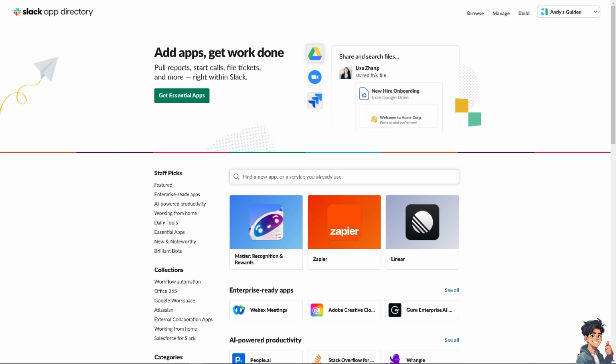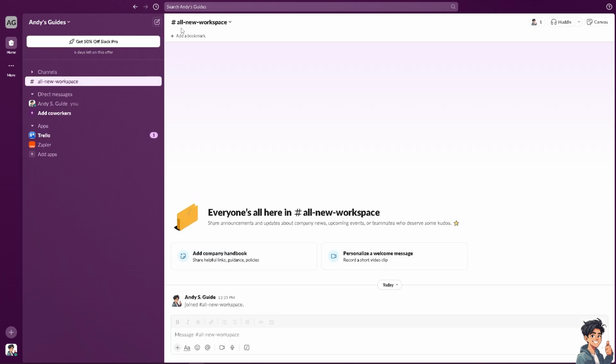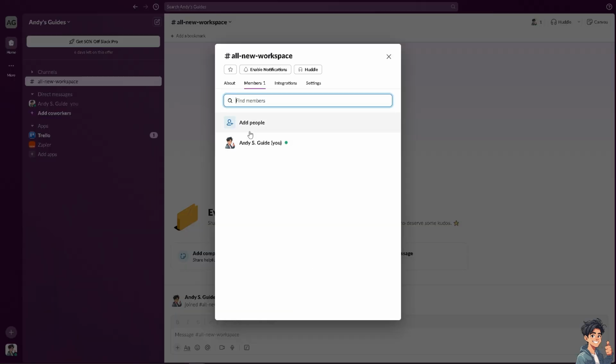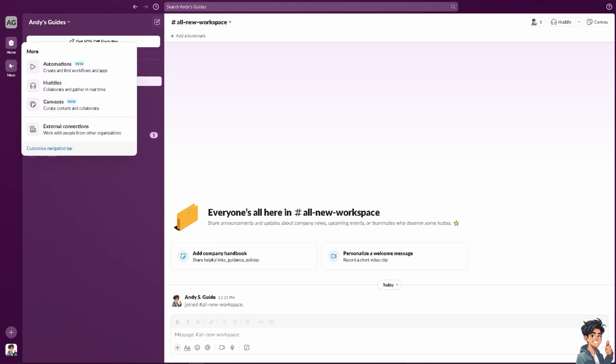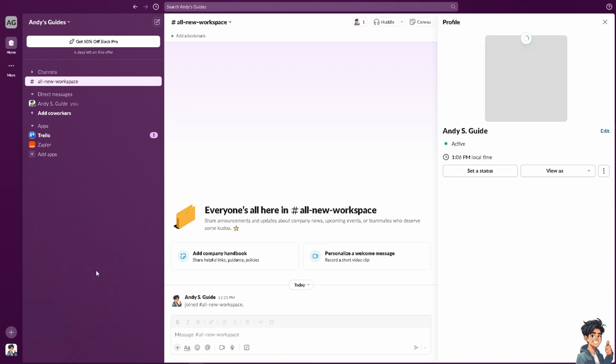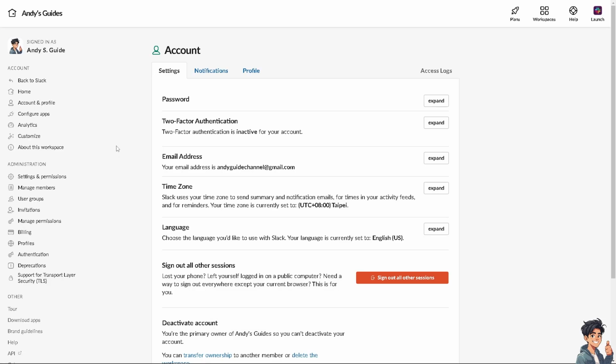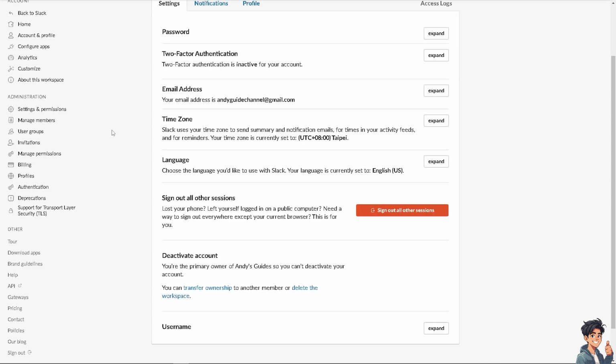Now, once you are here on the Slack account, I want you to go to your profile icon. And there should be an option here. Go to profile. And then click the three dots or ellipsis button. Go to account settings. Now, this will open a new window wherein if you hover down below, if you click